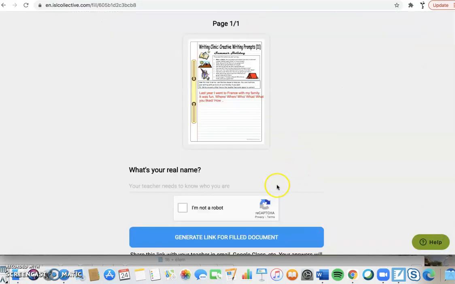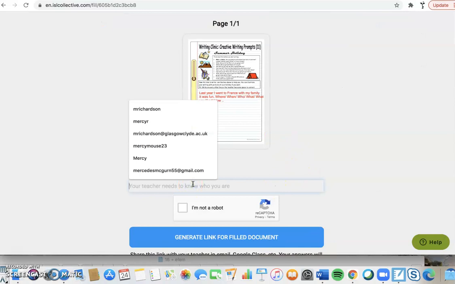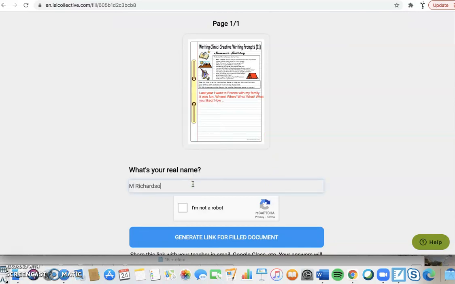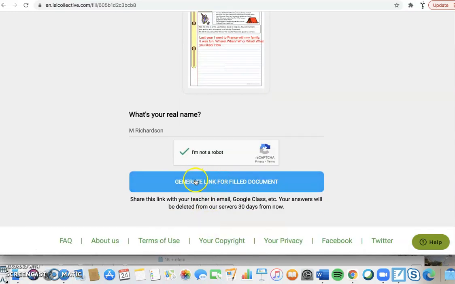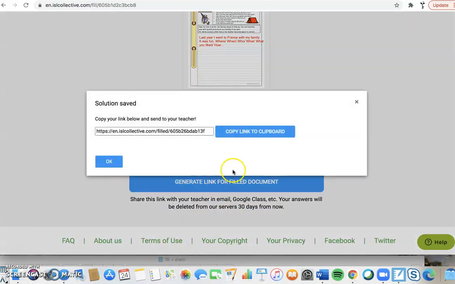When you've done that, you're going to go down here and write your name. So my name is Richardson, and click on I'm not a robot, because I'm not a robot. And then you can press generate link for filled document. Once you've done that, it will give you a link, and you copy this link and send this link to